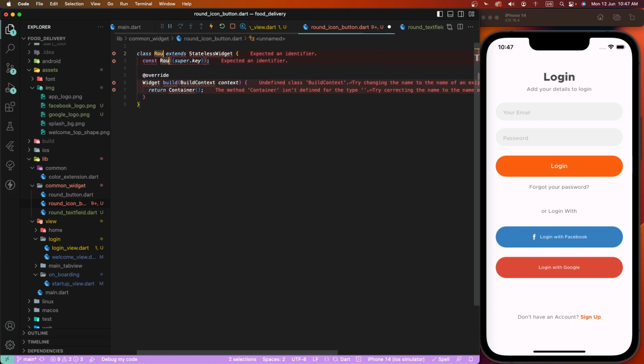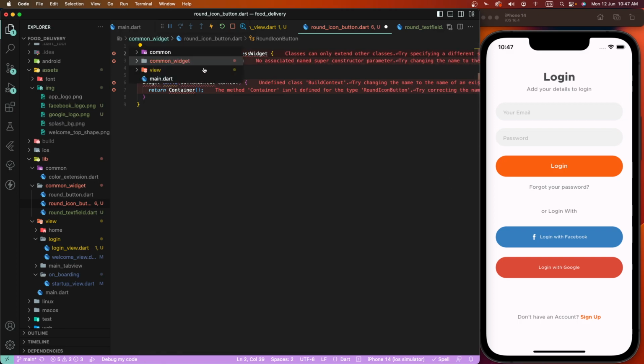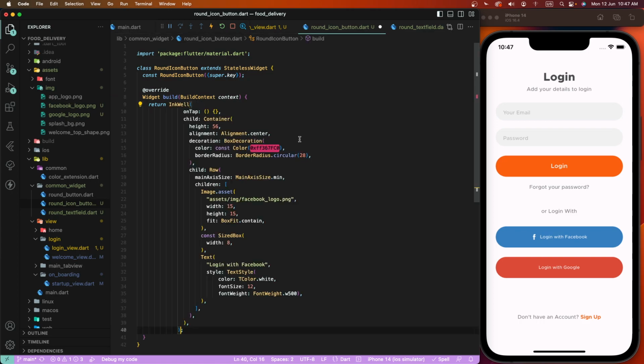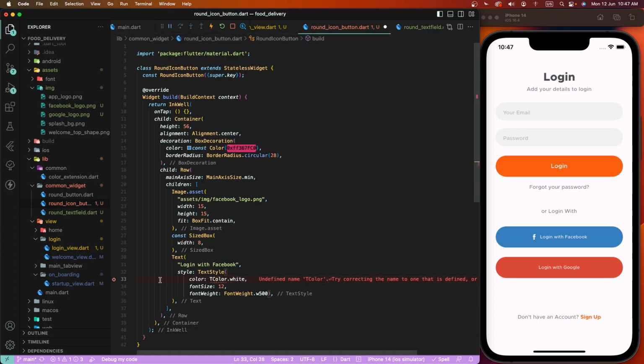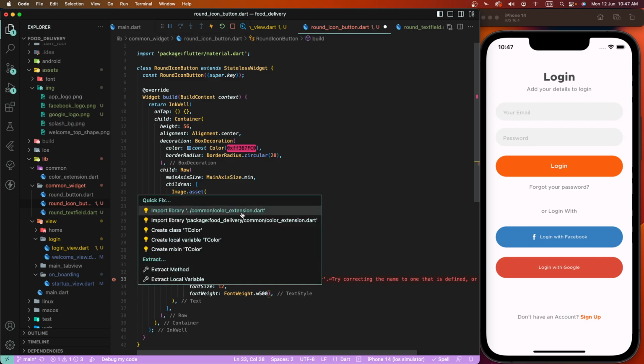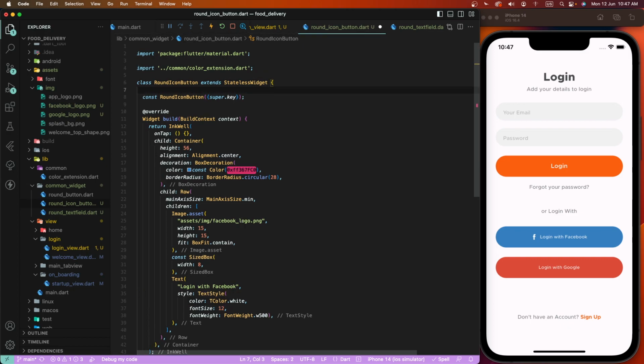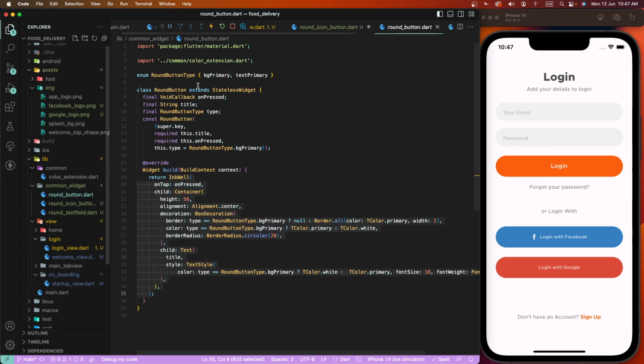Write down here round button. And to import here first of all the dependency, and now we need to import this color text extension, and we need to create here some property. We need to first of all copy this button property